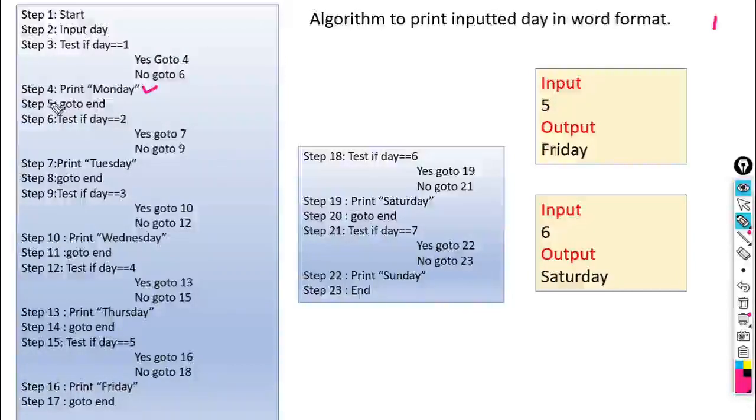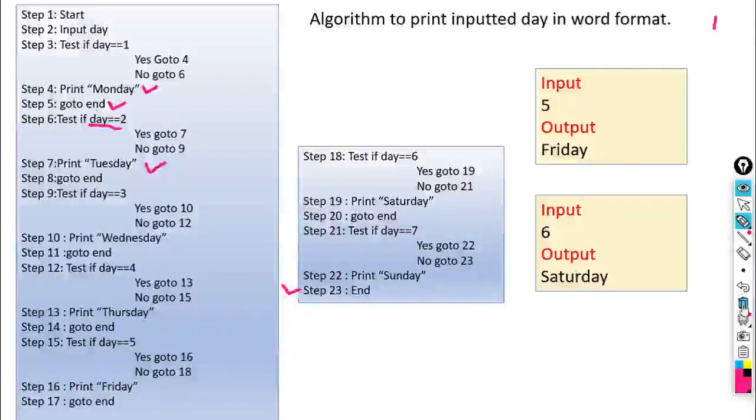What is the next statement? Go to end, so it will take your control to the end of the algorithm. Then it will check if day is 2, then it will print Tuesday. Then again go to end. Likewise it will check up to day is equal to 7.